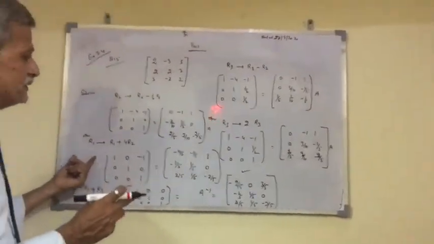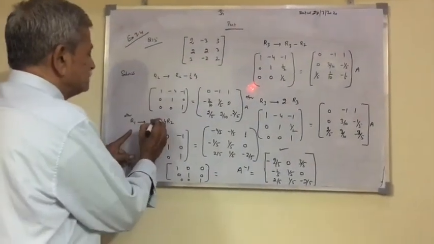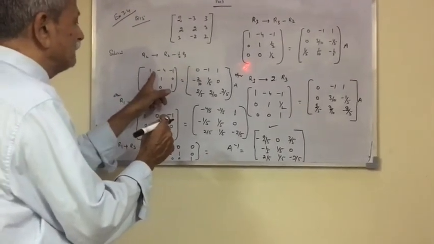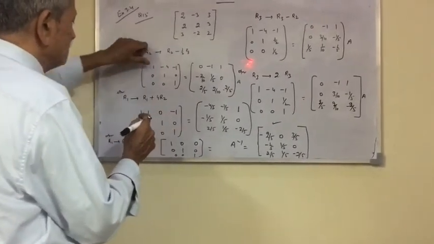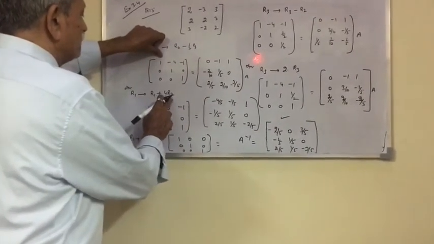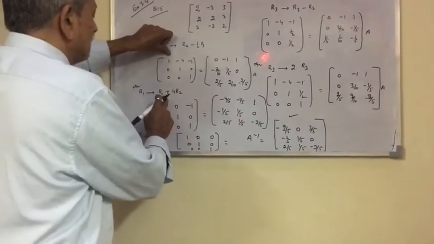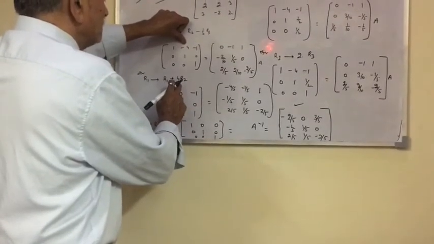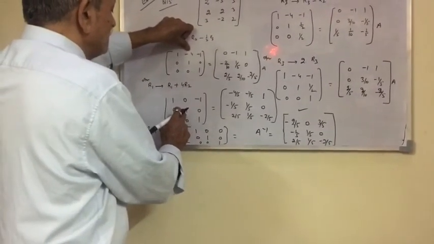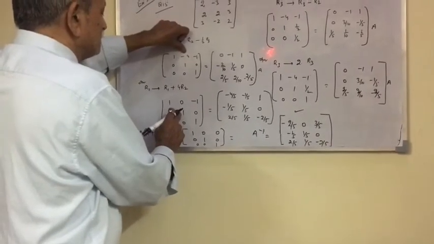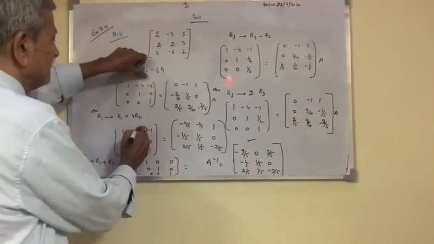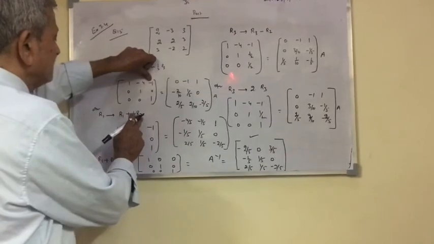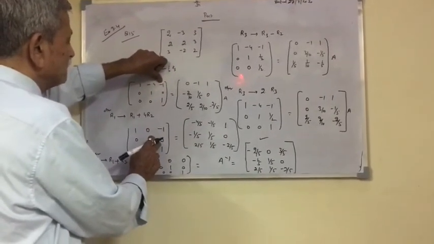Now come to the next operation, which is R1 tends to R1 plus 4 of R2. When you do this 4 of R2, you will only apply it to R1. So R1 means 1, and 1 plus 4 of R2 means 4 of 0. So your 1 is as it is, and then R1 is minus 4 and plus 4 of R2. R2 means your 4, so multiplied with 4 plus 4 and minus 4 goes to 0. So it gives you 0. And then similarly your value minus 1, that is R1, and 4 times R2, that is 0, so it gives you minus 1.